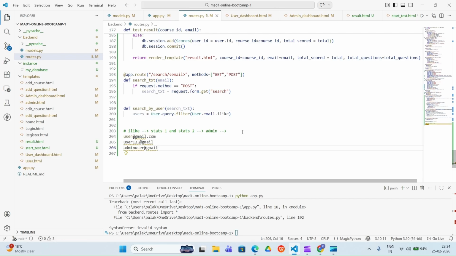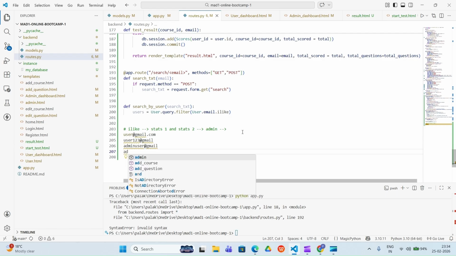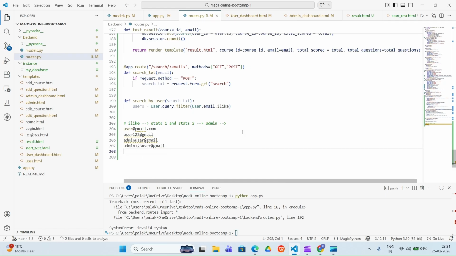And then we have admin123 user at gmail.com. And we have other emails, yeah, so we have all these emails, and let me comment them out so that we do not get an error.